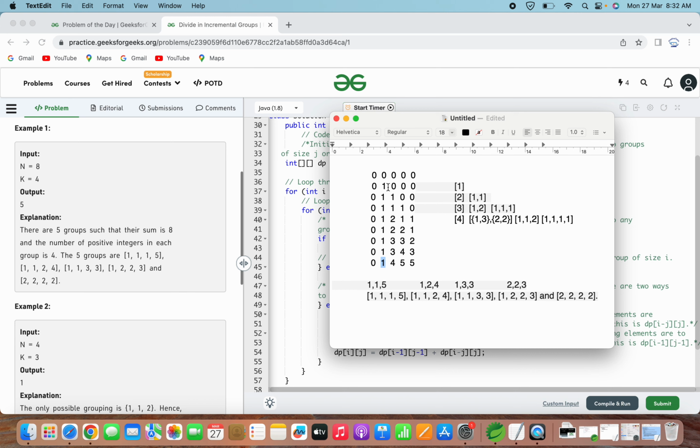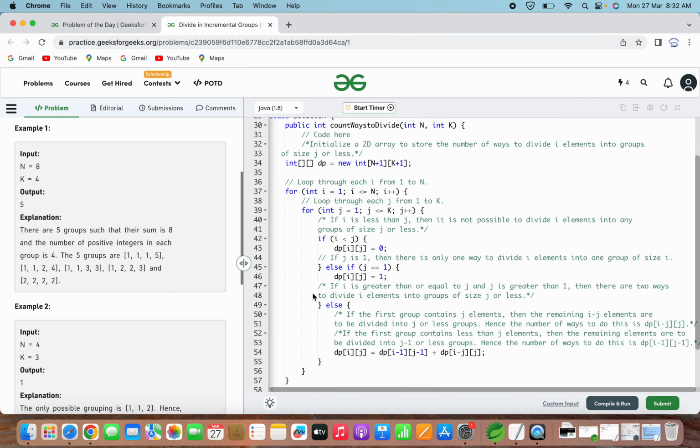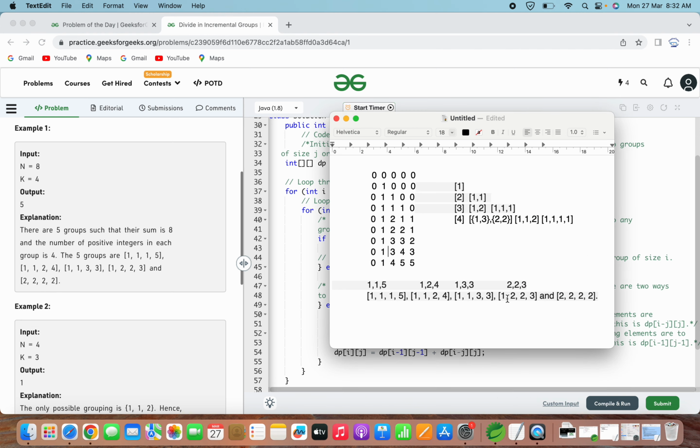So the same case is there in this entire thing. When the group size is 1, all these elements are the row number itself. I hope this is clear. So this is the second example. In the third example, which we saw here, that means how we reach 8 and 4, n is equal to 8 and k is equal to 4.